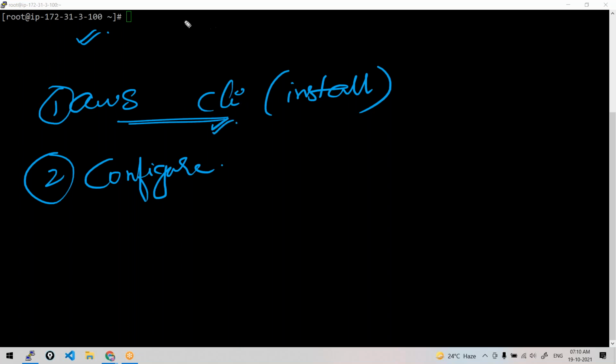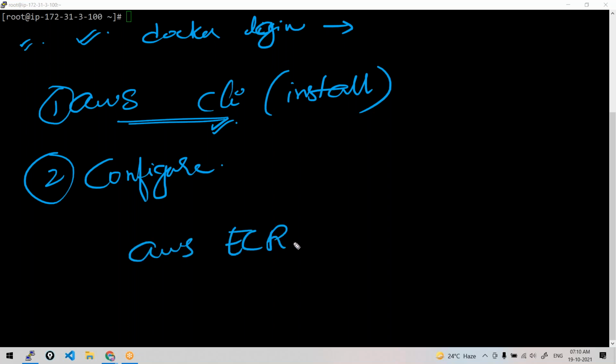Perfect. Actually, what I need from this, this is called Docker client, right? Like yesterday we did Docker login. We entered our Docker Hub credentials so that we could push the images authenticated. Similarly, AWS Elastic Container Registry Service, we need to connect to it, right? So again, we need to do like Docker login. So that's the command it was showing, the AWS ECR login. You need to provide your credentials of your account.